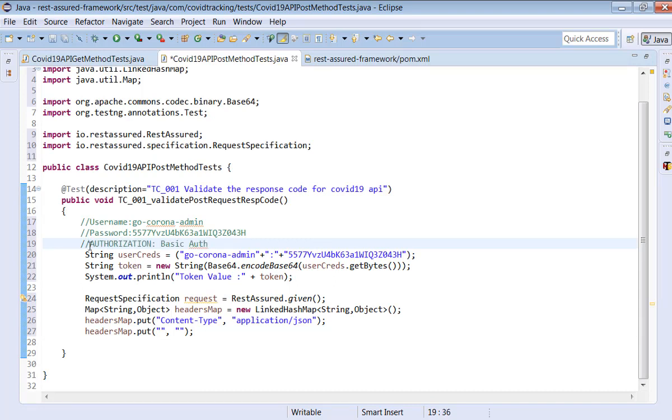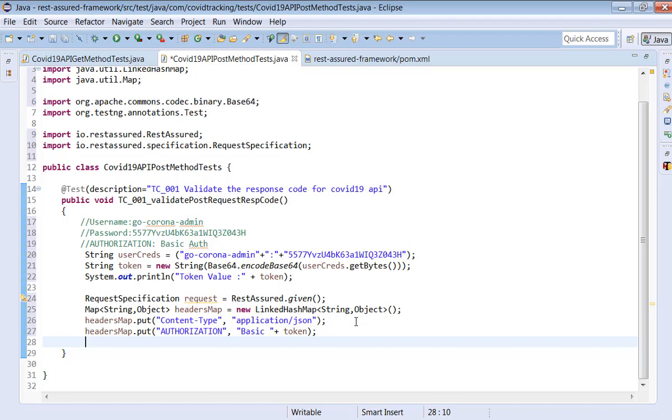So now let me copy this as an authorization, and here we have to take basic authentication, basic, plus there is a space here. Make sure you are adding some space, basic space, double quotation, and try to put the token here. That's it.